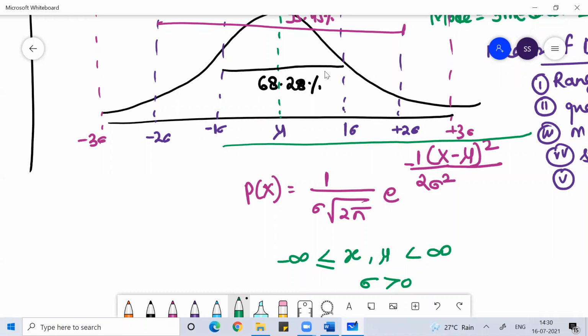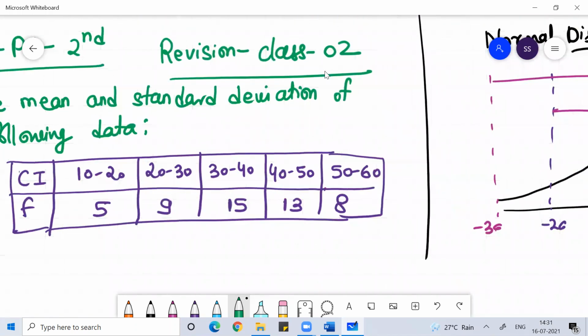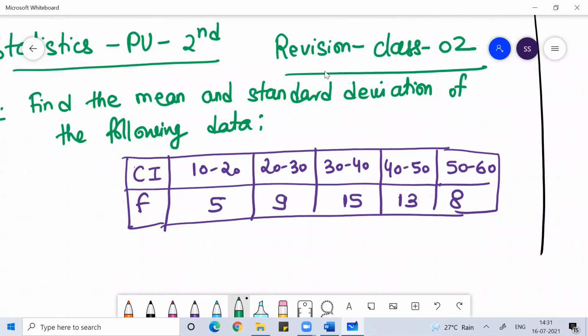Everything we are studying in statistics, we study under the normal distribution curve. It is a continuous distribution curve. Sometimes, when we study statistics in terms of probability, we study them in the form of binomial distribution or Poisson distribution. I hope you remember those. Right now we're studying everything under the normal distribution curve.